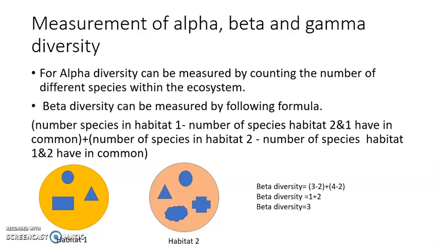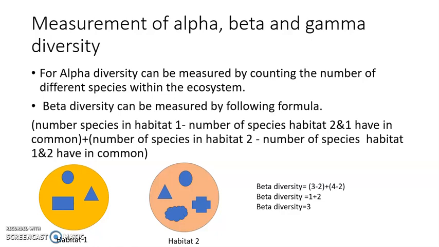In the previous lecture, lecture 14, we talked about biodiversity, its types and its different scales. The scales of biodiversity are alpha, beta and gamma diversity. So in today's lecture, we will be talking about the measurement of alpha, beta and gamma diversity. For the introduction of these scales of biodiversity, you can watch my previous videos so that you can have a better idea of what alpha, beta and gamma diversity are. Today we will talk about how we can measure these different scales of biodiversity.